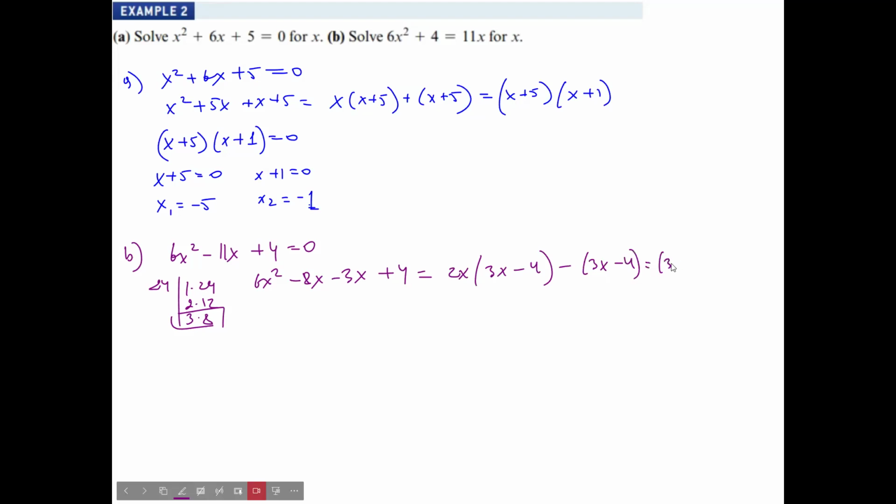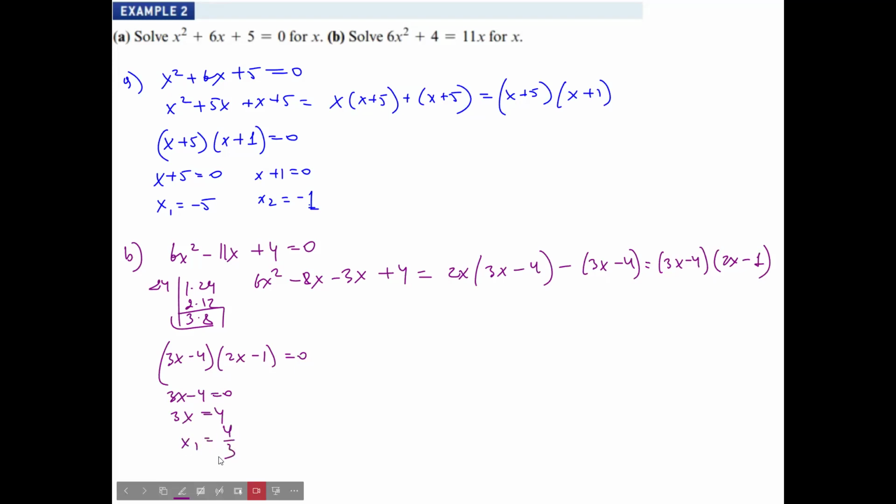And therefore I have 3x minus 4, 2x minus 1. Yes? And my equation becomes 3x minus 4, 2x minus 1 equals 0, and 3x minus 4 equals 0, so 3x equals 4, x1